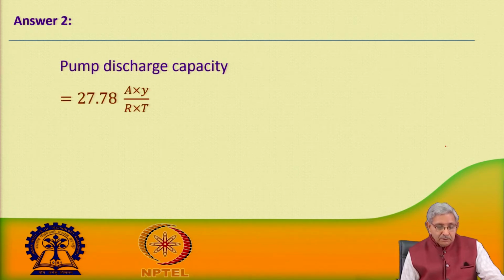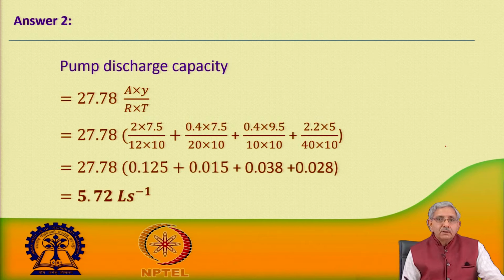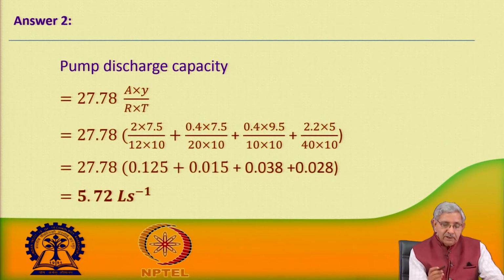So, the discharge capacity of the pump can be given by area multiplied by depth of irrigation, divided by the rotation period or irrigation interval multiplied by the number of hours per day of operation, and this is calculated in liters per second. Here area is in hectares, depth of irrigation is in centimeters, the irrigation interval or rotation is in days, and T is the daily operation time of the pump in hours.